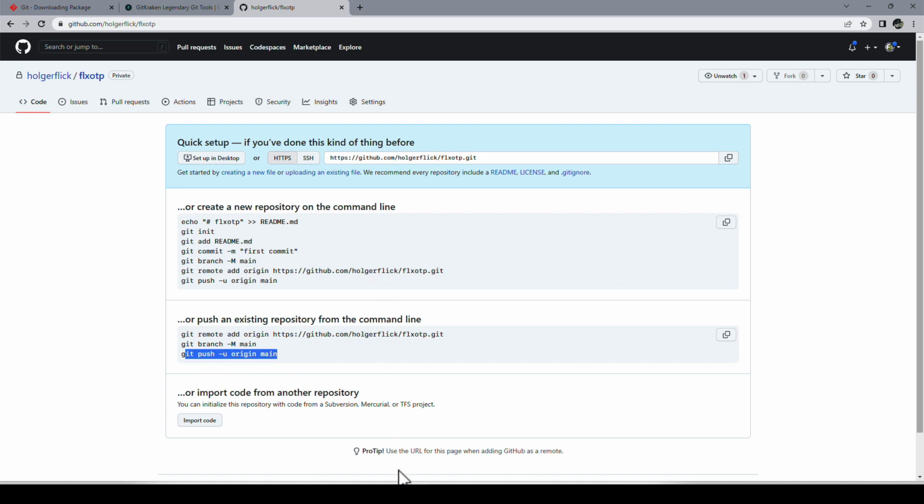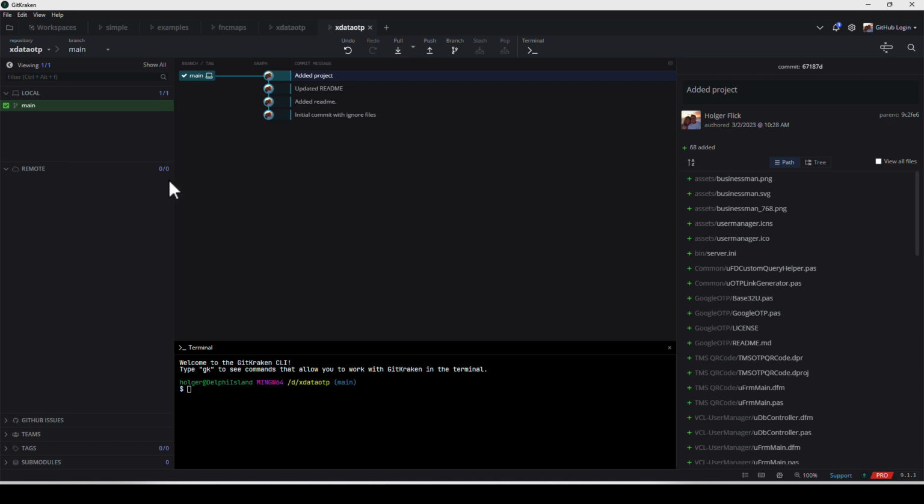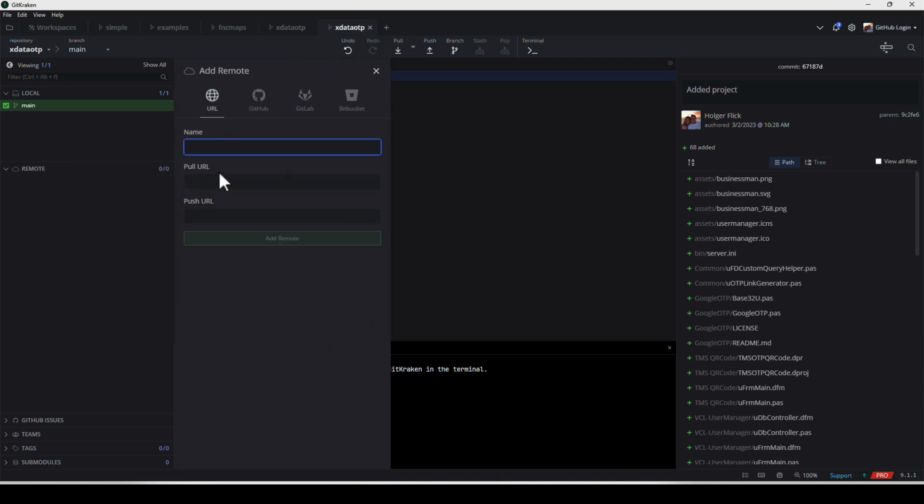With GitKraken, however, it's much easier. You simply copy paste this URL here. By the way, at a later point you get it in the upper right corner. So this is the URL you need to copy. Here's also the direct link for GitHub Desktop. Ian Barker, for example, prefers using GitHub Desktop, which is something like GitKraken. And then I can go here, add a remote URL, and then I simply paste it in here, and I name it origin, and say add remote.